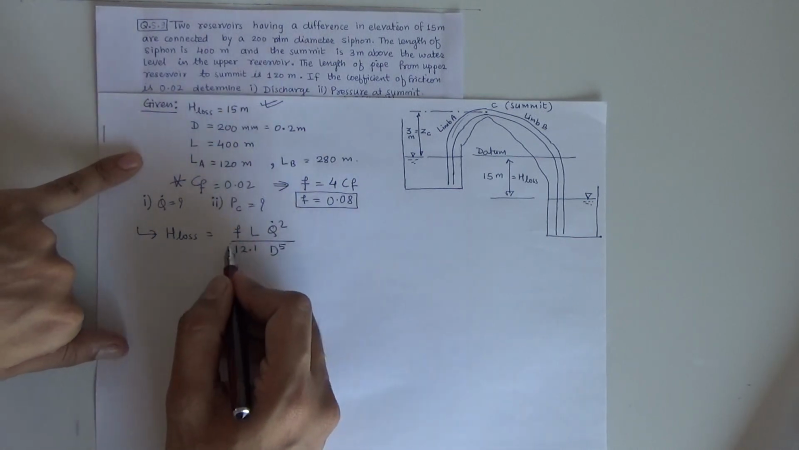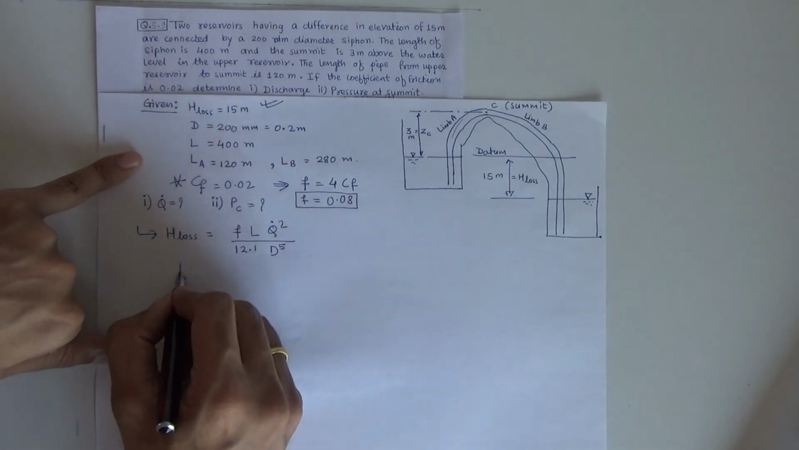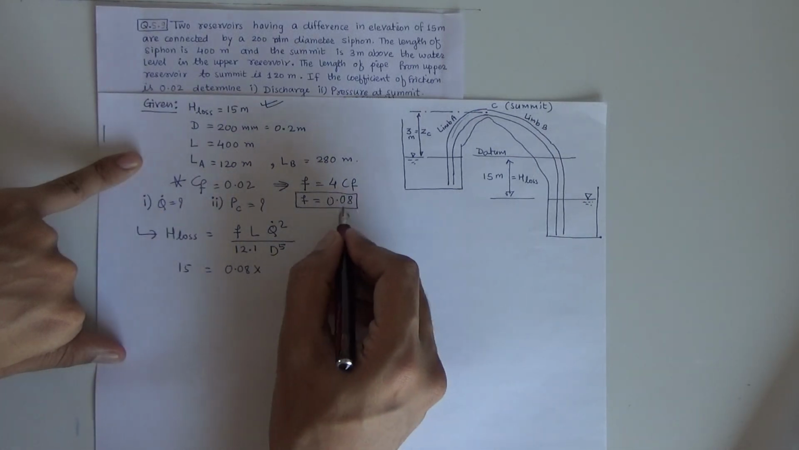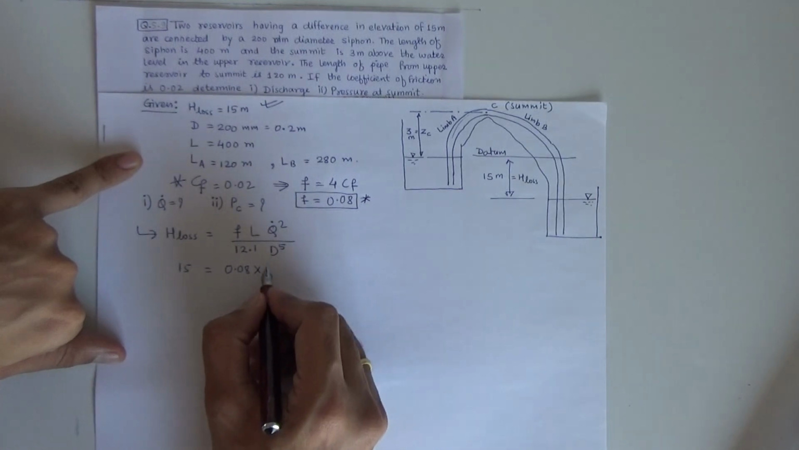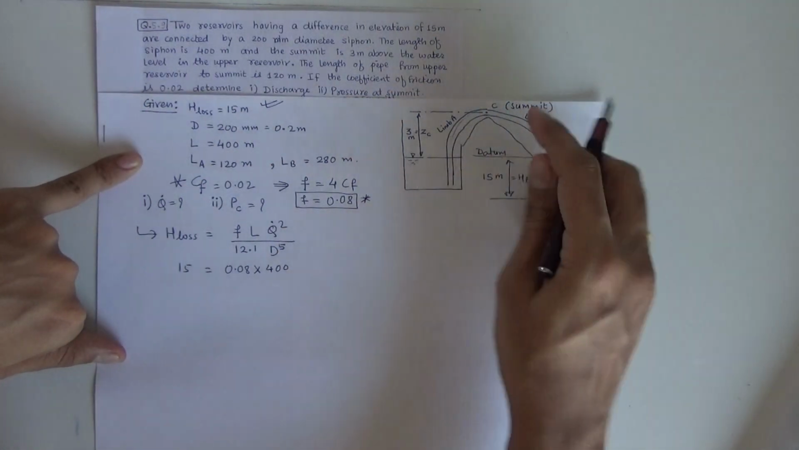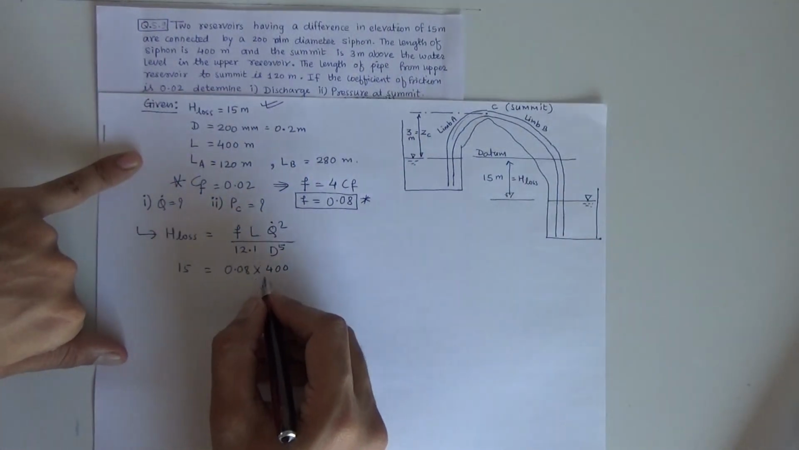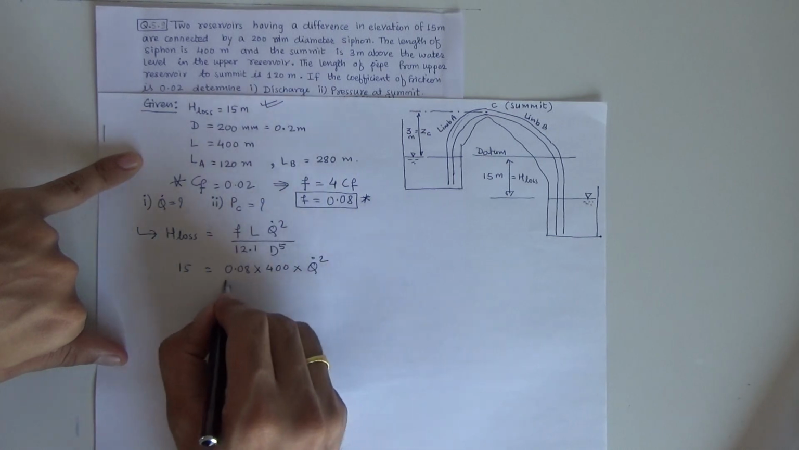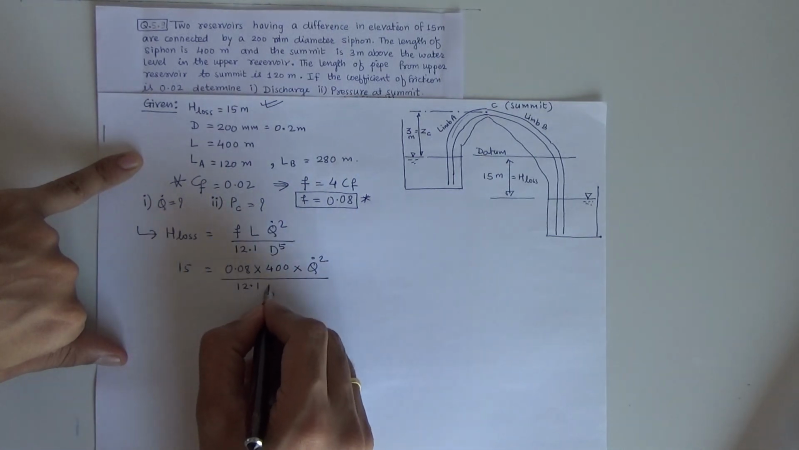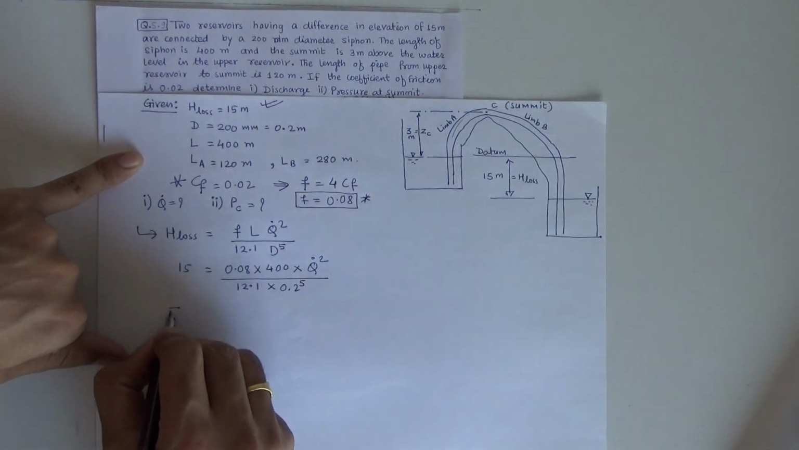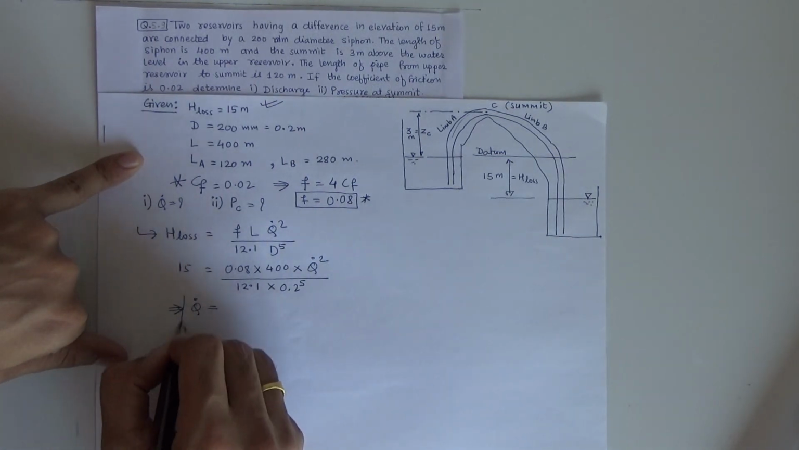So everything in this equation is known. H loss is known, it is 15 meter. f is 0.08, very important, this has to be taken. Then the total length of the pipe is 400. So 15 equals 0.08 into 400 into Q squared, since discharge is to be obtained, divided by 12.1 into D raised to 5, where the diameter is 0.2 raised to 5. So this will give you the value of discharge,